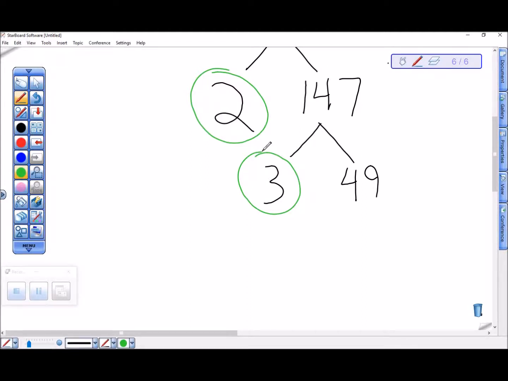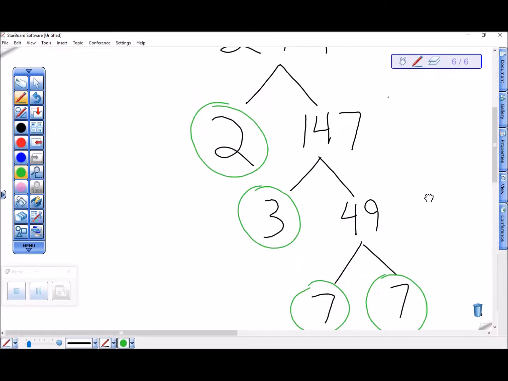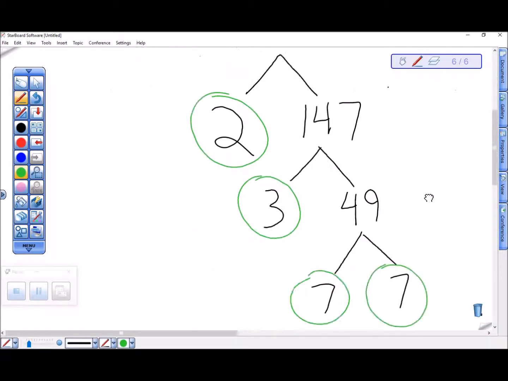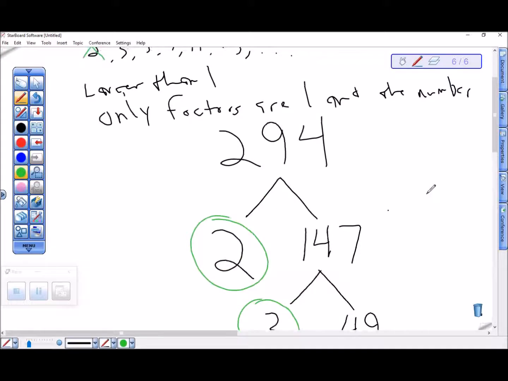Can I divide it by 5? No, it'd have to end in a 0 or a 5. What about 7? If I divide 49 by 7, I actually get 7. So 7 times 7 is 49, and 7's on my list of primes, so I'm going to circle both of those, and I'm done. Okay, I've circled the last number in each branch that I wrote. So I can say that